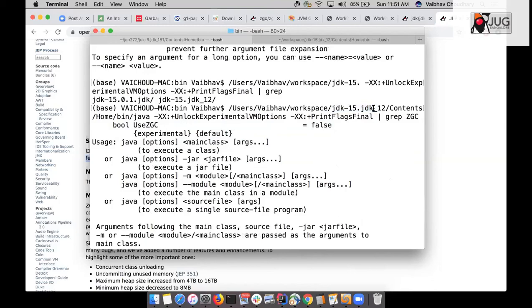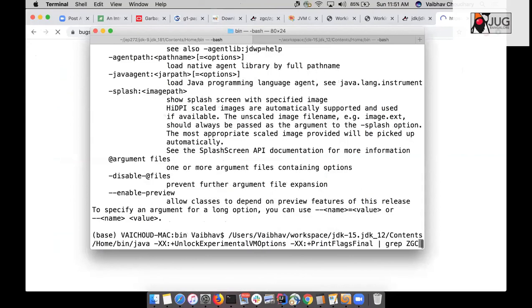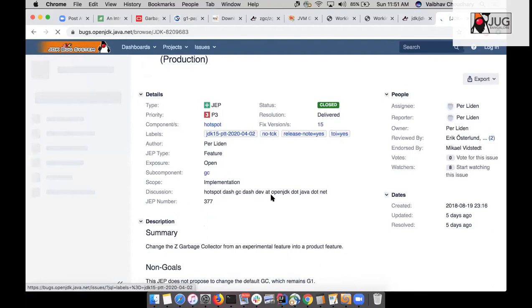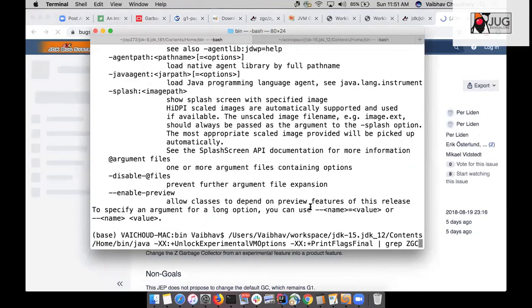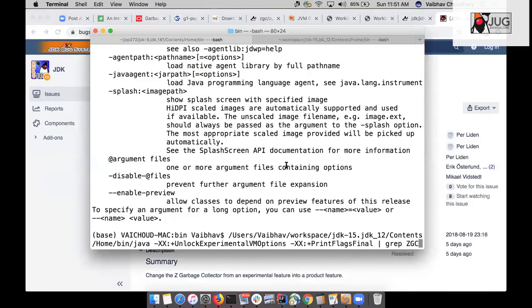So if I take the new JDK 15, and your bug which you said was delivered in JDK 15, which version do I need to check out? B50, is it? It says release 15, so I believe you have a 12 somewhere. I saw 12 on your command prompt. Yes, so I'm working with build 12 of JDK 15. It has probably been delivered much after that, so that's fine. That's why it is not coming out. So as you said, it has become a production version. Okay, thank you. Any other questions, guys?